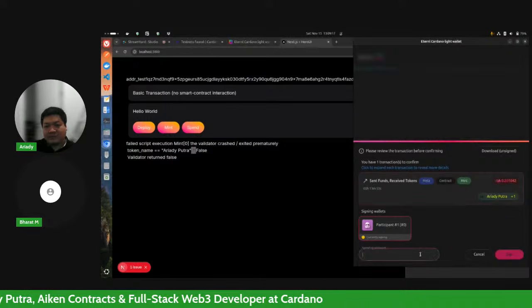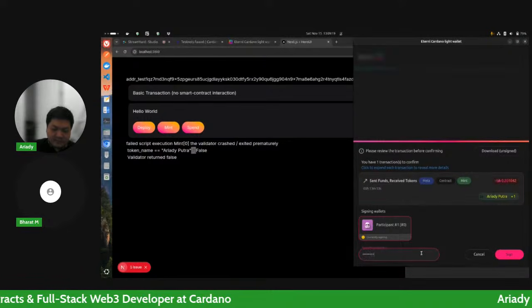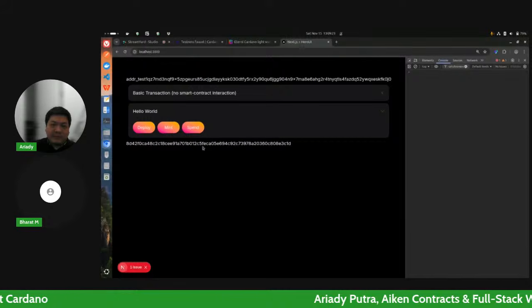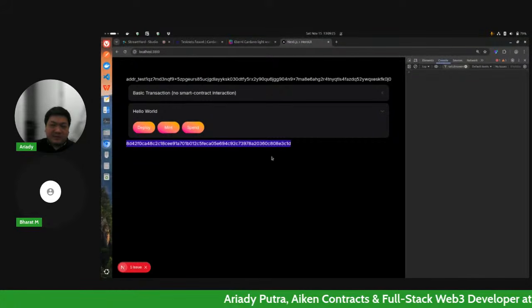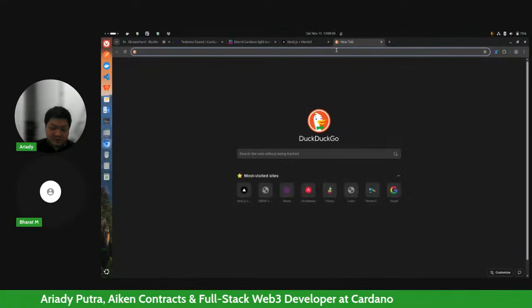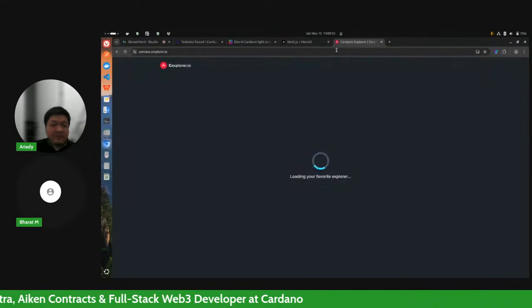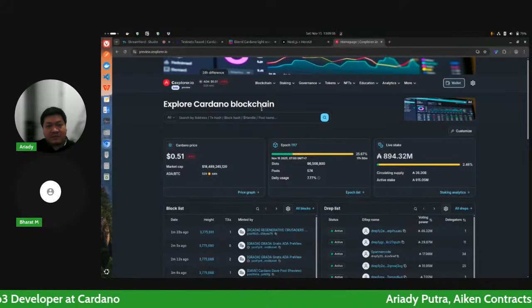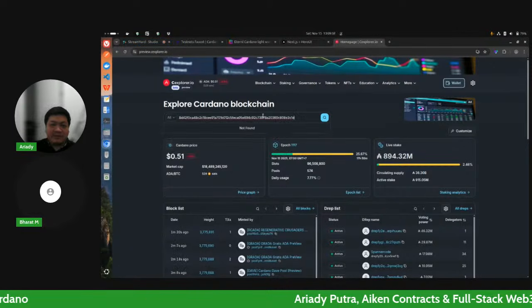So let's just sign this transaction. And if it's successful, it will show you the TX hash. And you can browse this TX hash on a blockchain explorer. Since we are on the preview network, we can go to preview.cexplorer.io, and then you can paste your TX hash here.